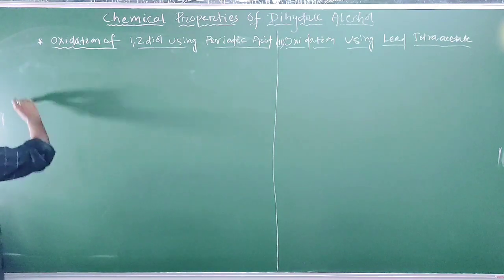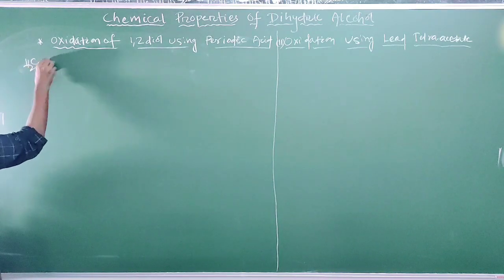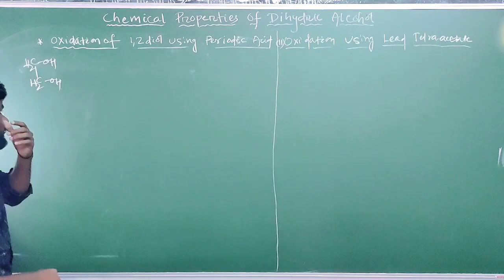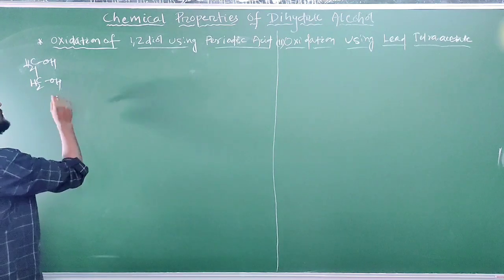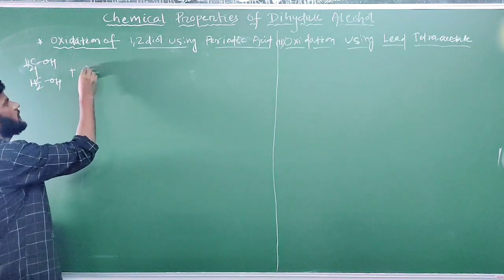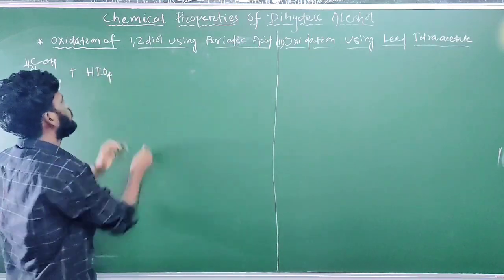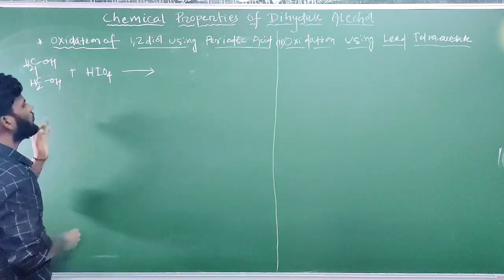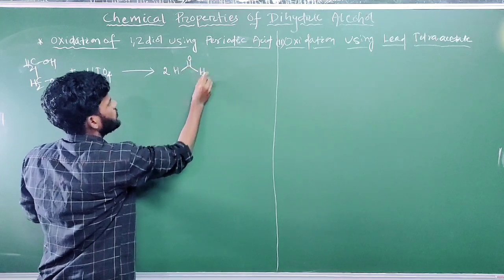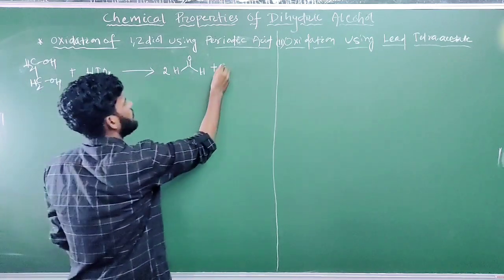In the reaction, here we are oxidizing 1,2-diol, so the starting material is 1,2-diol, CH2OH, CH2OH. This is 1,2-diol or glycol or dihydric alcohol. To this, the reagent we are using is periodic acid, whose chemical formula is HIO4. It will give 2 moles of formaldehyde, HCHO. This is the chemical formula of formaldehyde. And the remaining part is